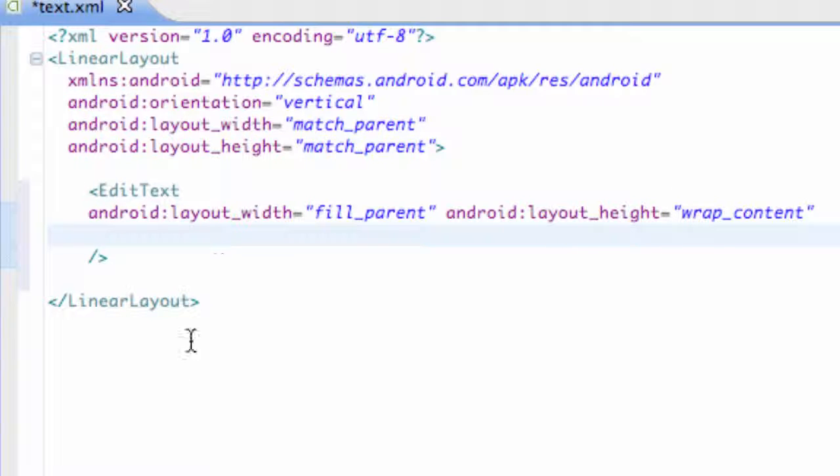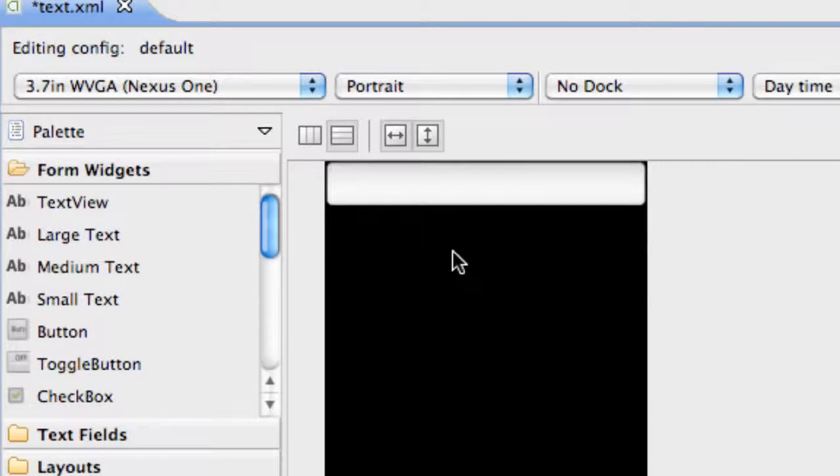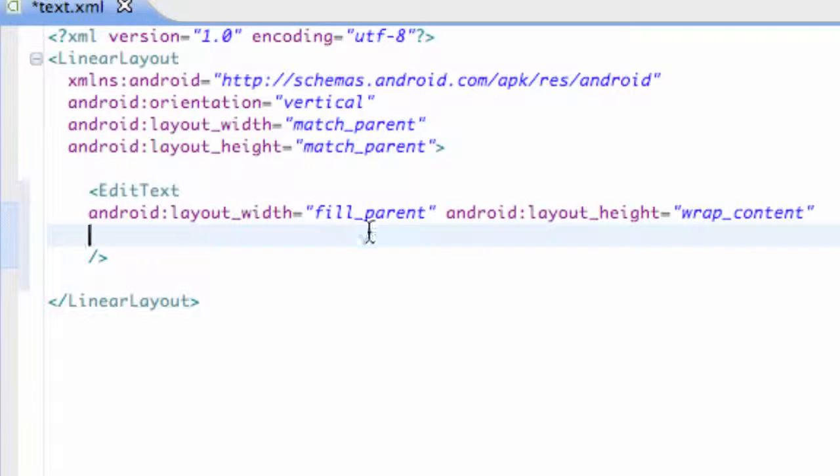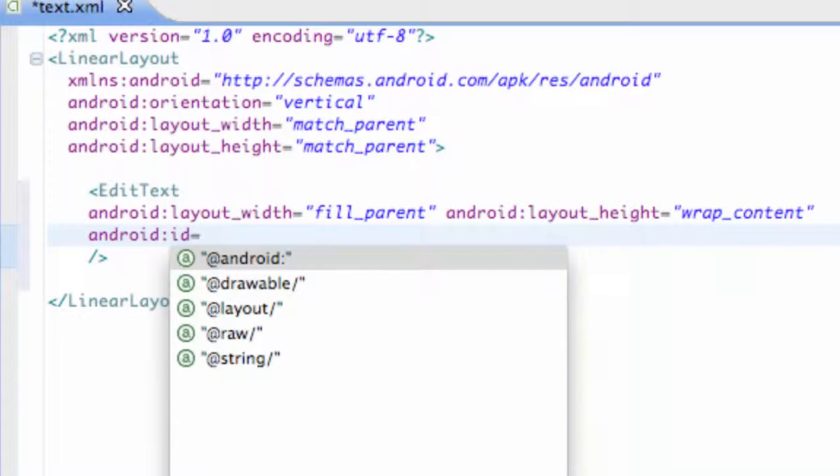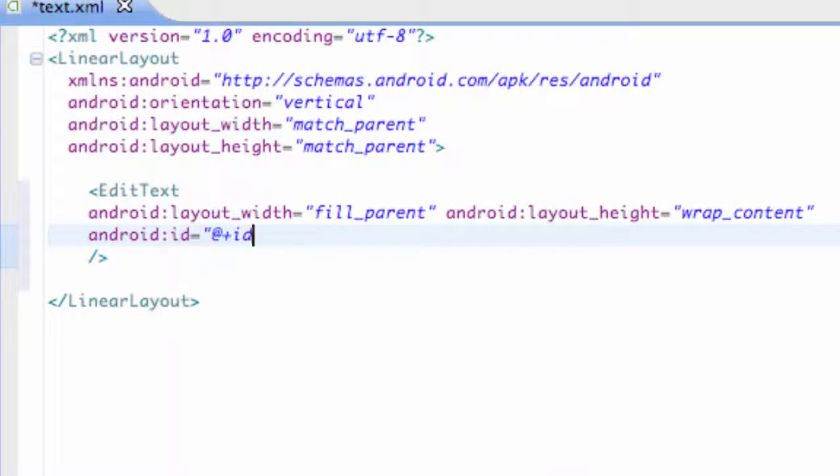But there we go. We have the setup for our text view, or I'm sorry, edit text, and that's what edit text looks like. You can put some input in there, some text or whatever, and we're also going to give it an ID because we want to reference it in Java. So Android ID equals, again within quotations, @+id/ and then ET for edit text, so we can remember it, and we're going to say